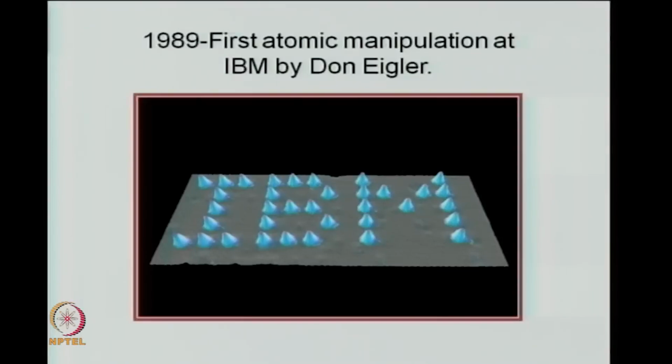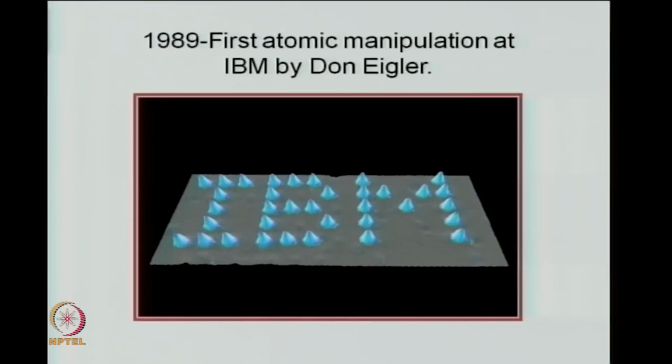This is a picture of the first writing using atoms done by IBM, where they could manipulate atoms, and this is really what we call the ultimate of nano engineering, where you can move atoms at your will and place them at your will. So, this IBM logo, which is written here, is made of xenon atoms, the blue ones you can see, which they have manipulated on a nickel surface,